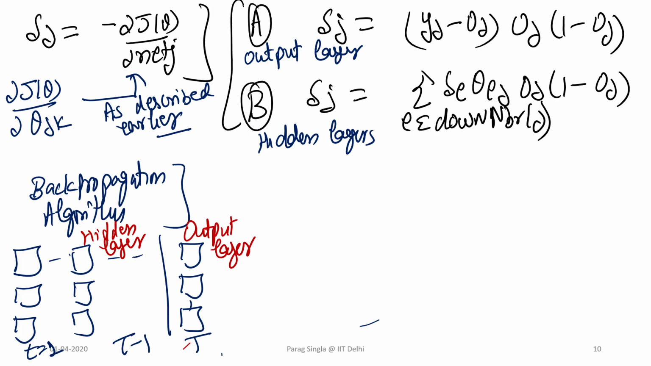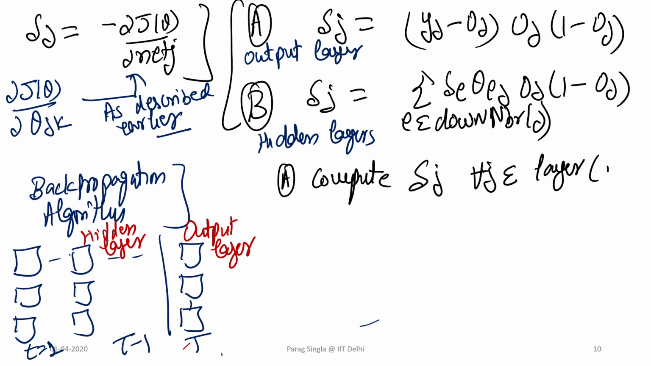Then to compute the gradient, which is essentially the backpropagation algorithm, we will first compute them. This is the first part, or part A, which is to compute delta j for all j belonging to the units in the output layer. Then this is part B. We go layer by layer backwards from t equal to t minus 1 to 1, and then compute